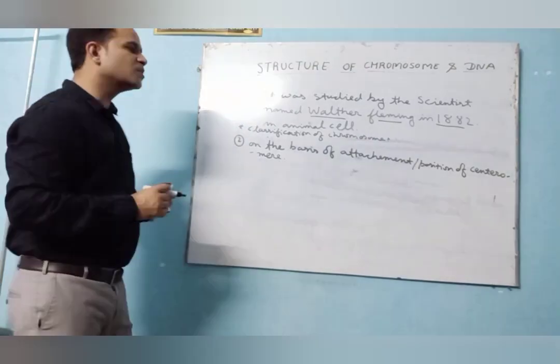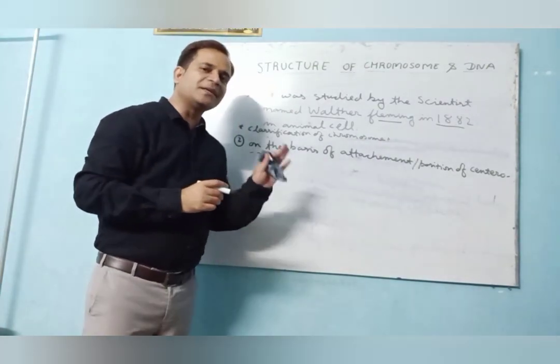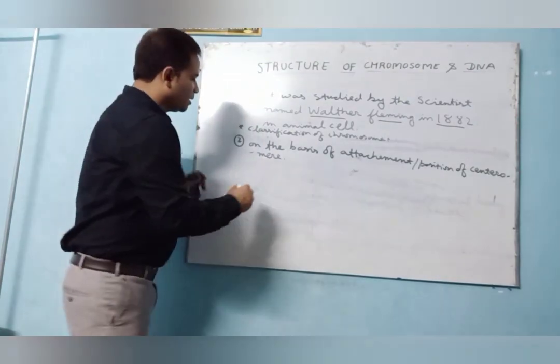So on the basis of position of centromere, basically there are 4 types of chromosomes. Number 1,